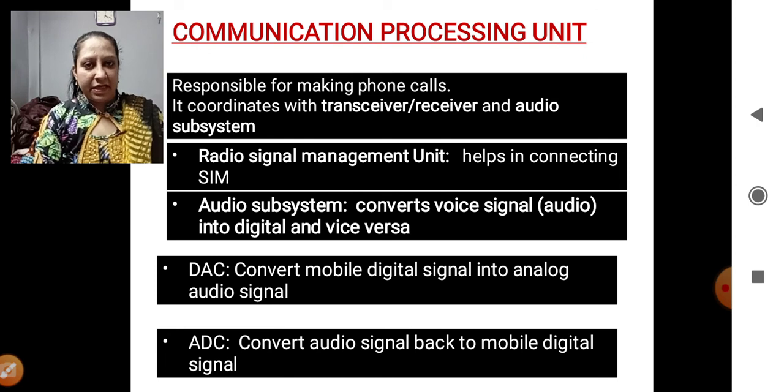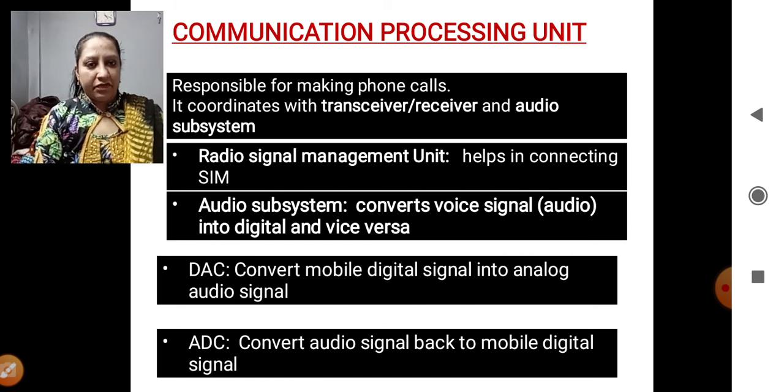Between the sender and the receiver, when the phone call is going on, there has to be a radio wave signal. That is why on the top it is written that phone calls work with the help of two things: transmitter, receiver, and the audio system. So you made the audio call which is recorded in digital form. Now the transmitter is transmitting the data, but that goes through analog signals. The digital data cannot be directly transmitted as an analog signal. That is why we need two converters here.